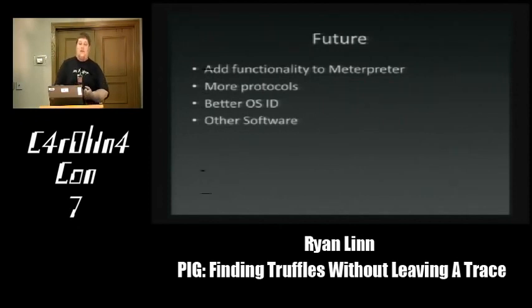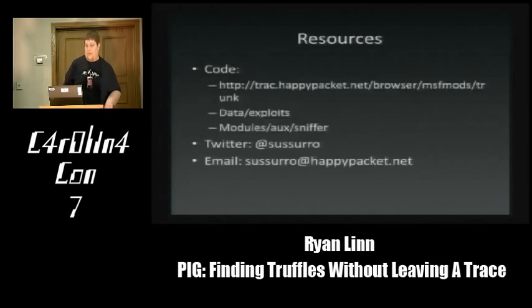And I want to try to get some of this pushed into the interpreter. So as you exploit a machine, you can push this functionality directly out so that you don't actually have to be on the network. You can use remote agents to help gather this information for you. So better OS ID is coming, more protocols, and I'm going to be writing some helper applications. For some of this stuff, even Armitage isn't easy to manage, but I'm going to release the Python scripts that will help pull this stuff directly out of Metasploit and format it a little bit better. So that's all of the resource information.